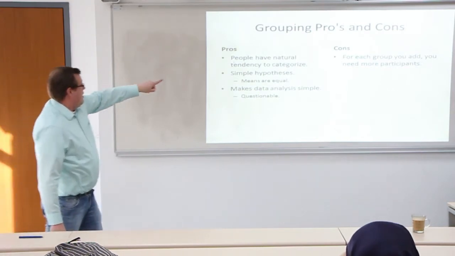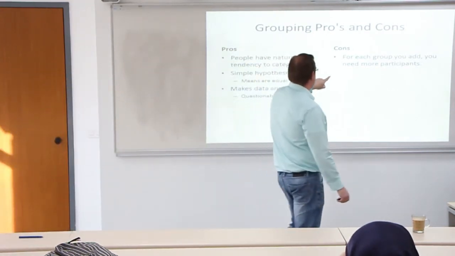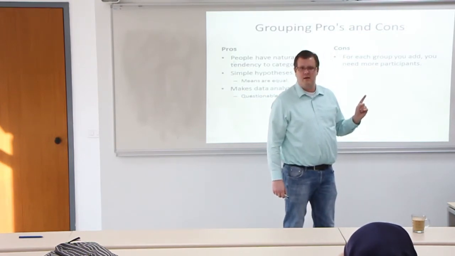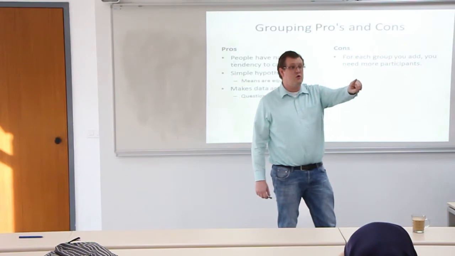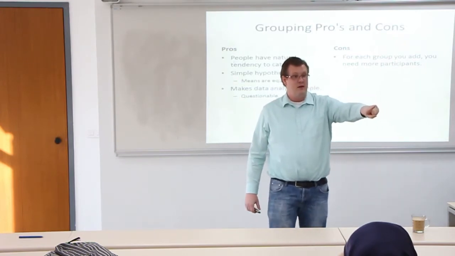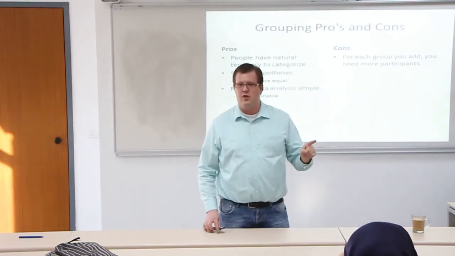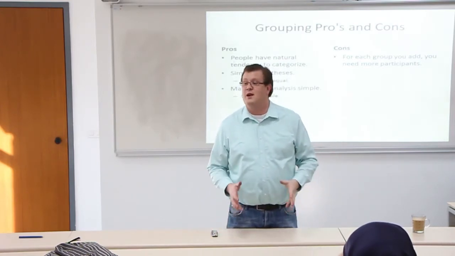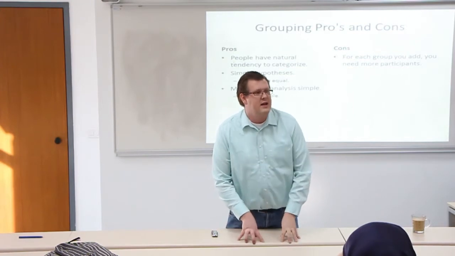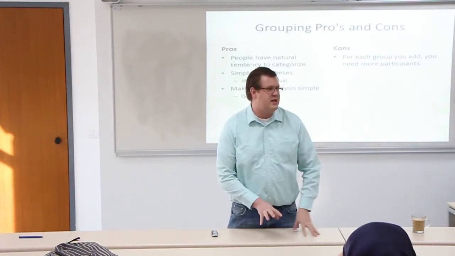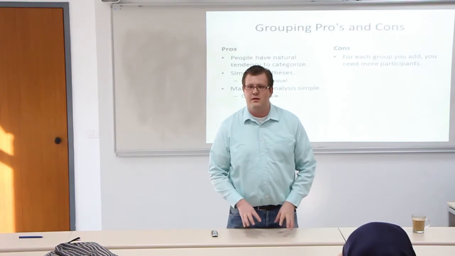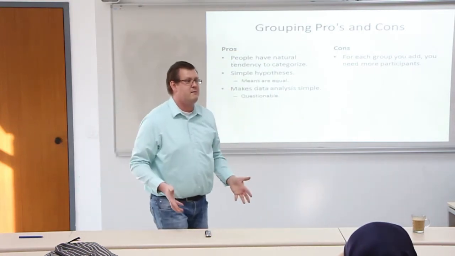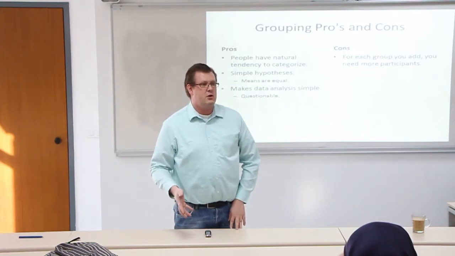Cons. For each group you add, you need more participants. Why? Degrees of freedom. So there was one question on the homework that I thought was really hard. I made it hard on purpose because I wanted to see if you got it. And I said something like, you have this many conditions, how many people, what would the minimum number of degrees of freedom be for that? Yeah. Right? So you had to figure out